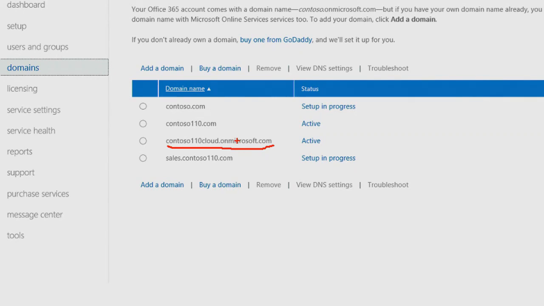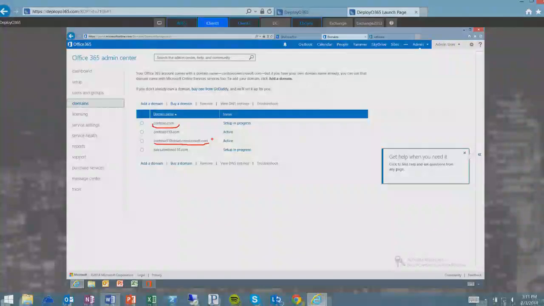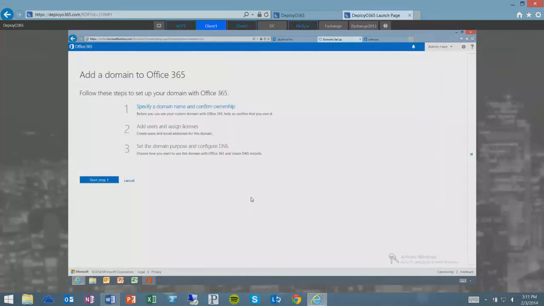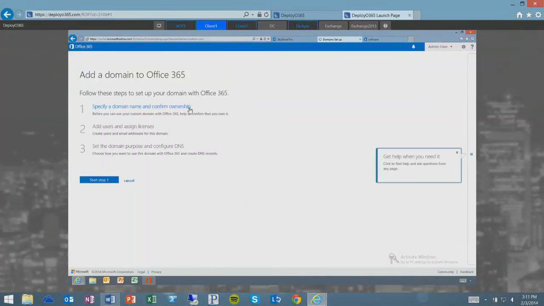So in pilot, you can start with this, and you can use connected accounts so that you can use your real email. But when you do move to production, you do want to use that domain name, any one that you might have, of contoso.com. And as you set that up, and this one says setup is in progress, you walk through a very simple scenario of saying specify and confirm domain ownership. All right, let's start step one.